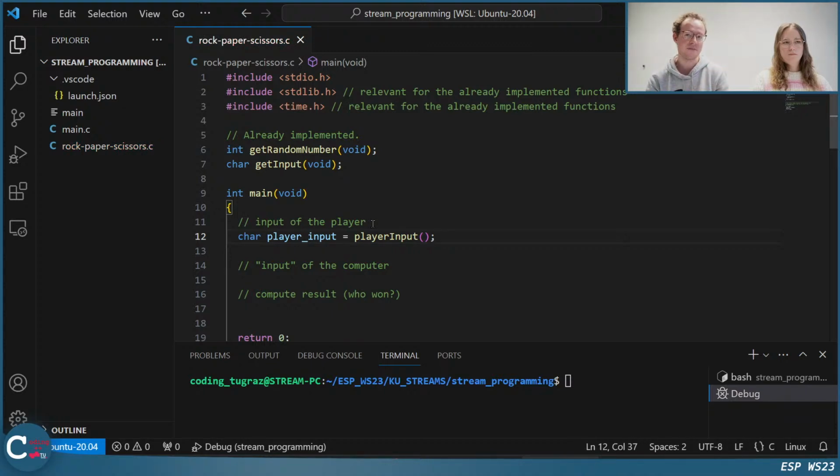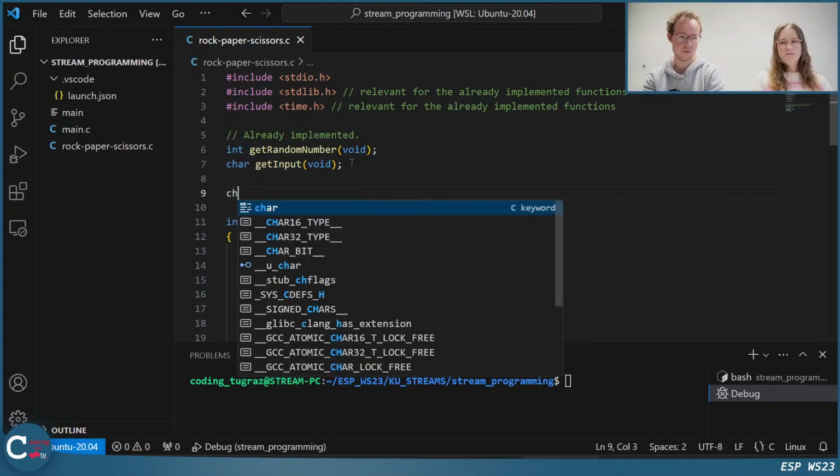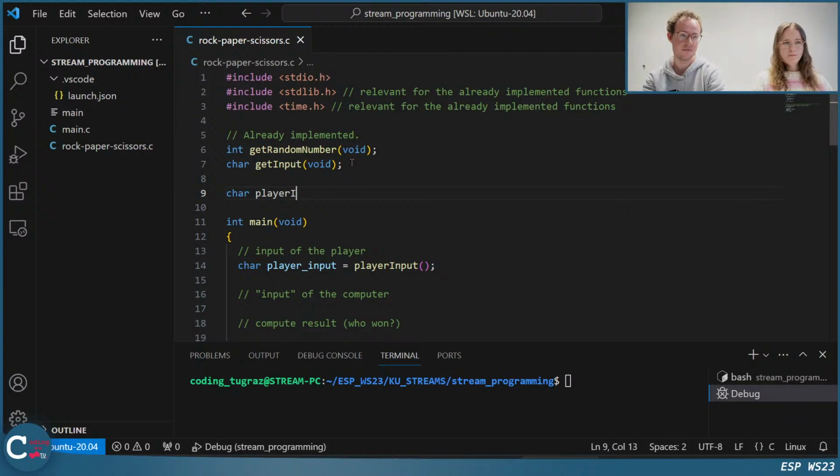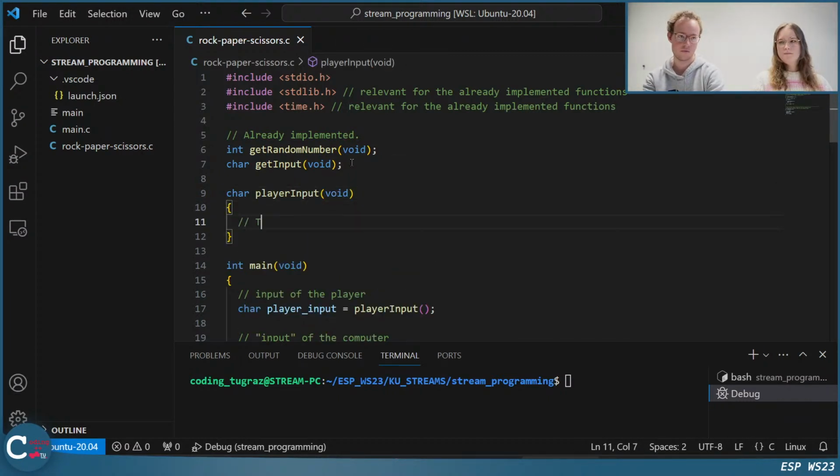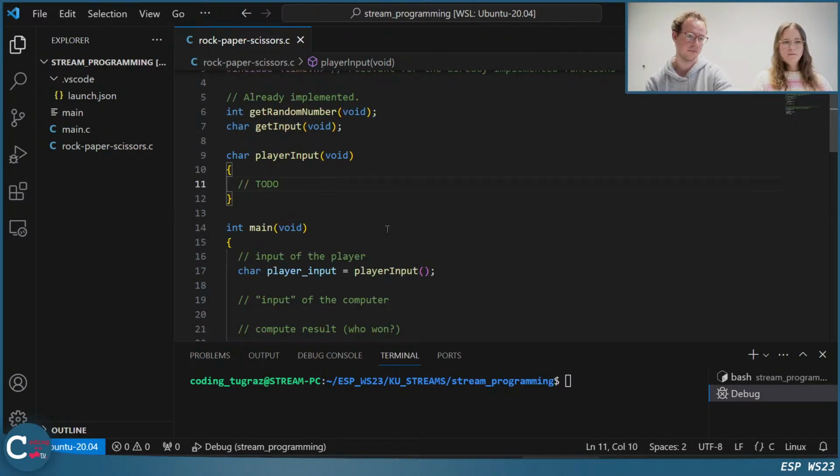Does it need to take parameters? Probably not, because we just want to get a character and store it. So we have one return value and no parameters. This is the first function that I will need to write: a function called player input, which doesn't take any parameters, and which is a to-do.